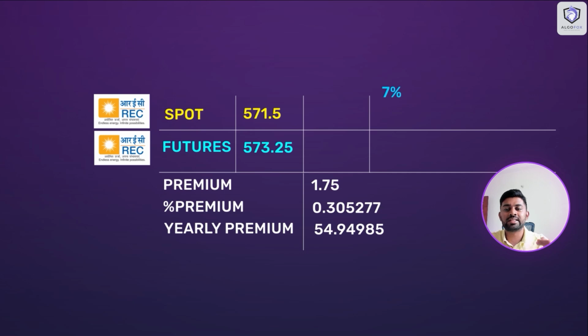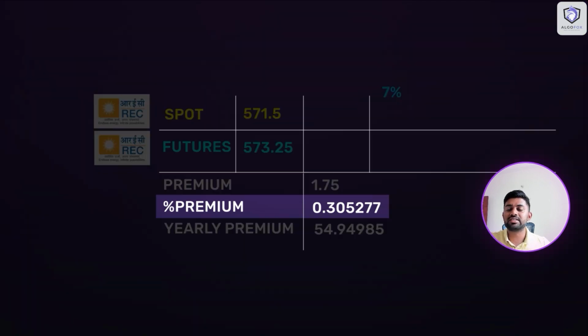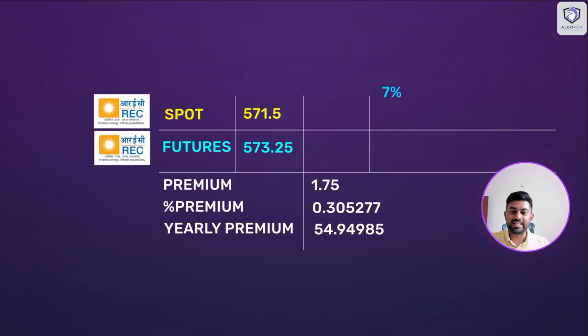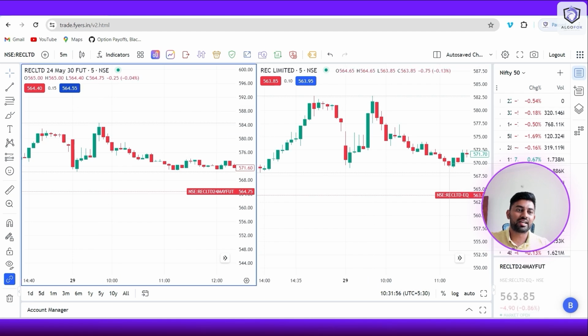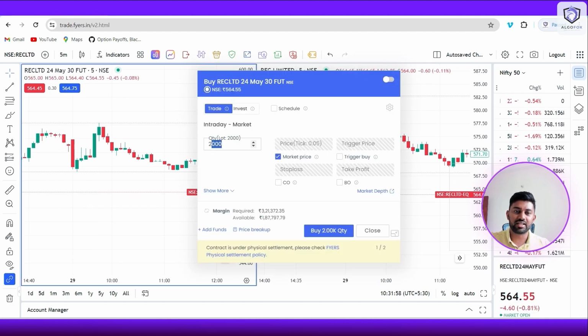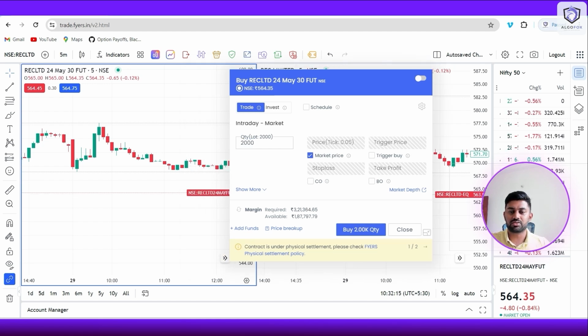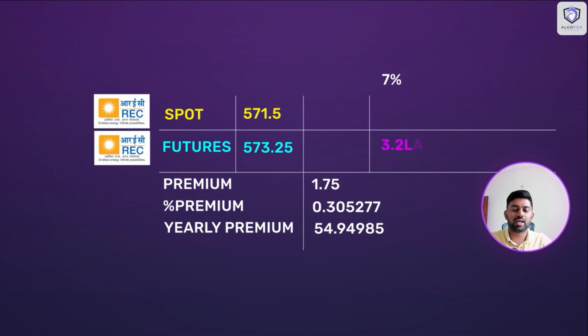But if I take this opportunity to make a risk-free 0.3% return on my principal, is it worth it? Let us calculate and let us do some maths. Now, it's very simple. The lot size of REC Ltd is 2000 as mentioned here, and to buy or short one lot, I need 3,20,000 rupees. So 3.2 lakh rupees is my investment in futures. And since the lot size is 2000, in equity, I'll have to spend 11 lakh. So in total, 14 lakh is what I'll have to spend.